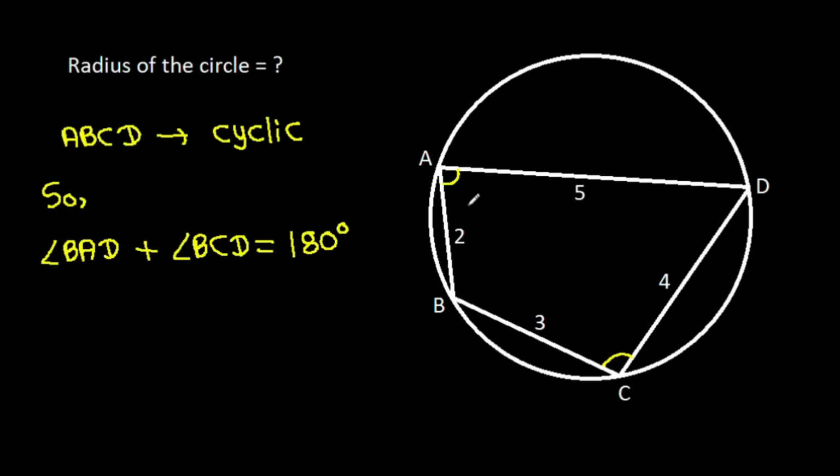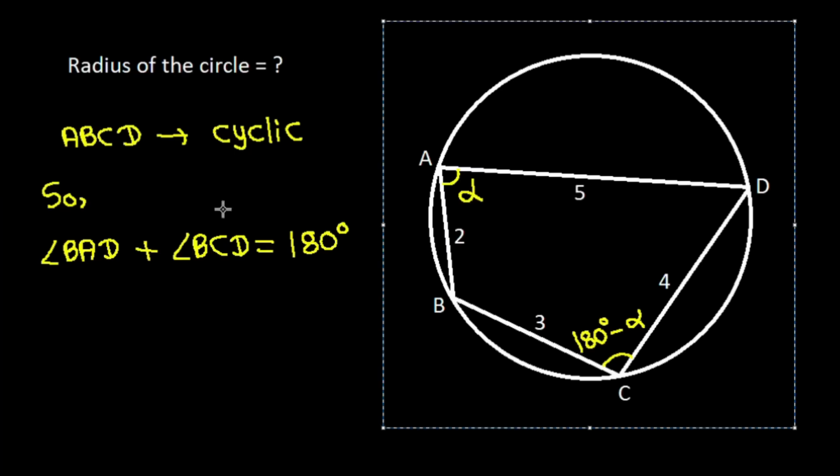That means if this angle is alpha, then this angle will be 180 degrees minus alpha, and